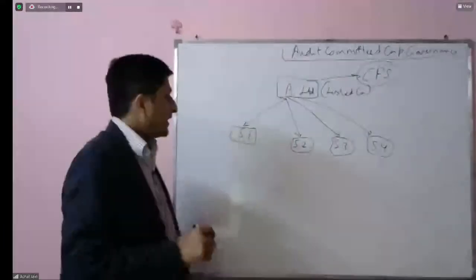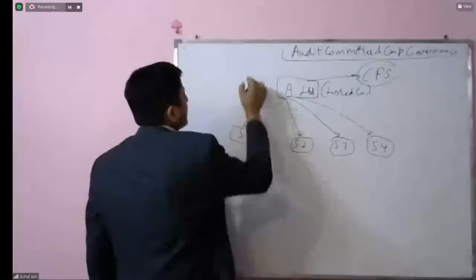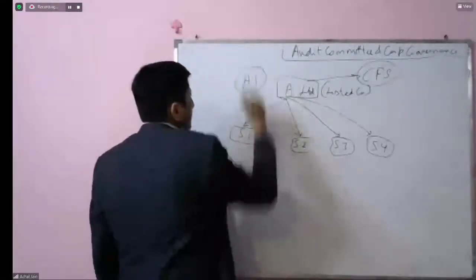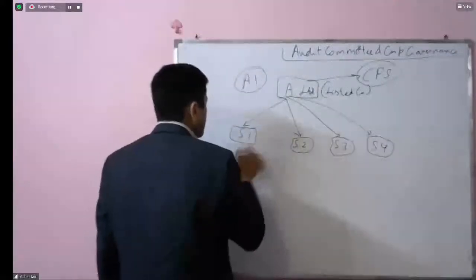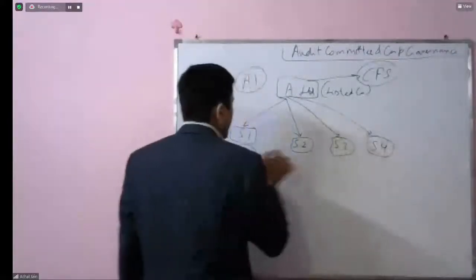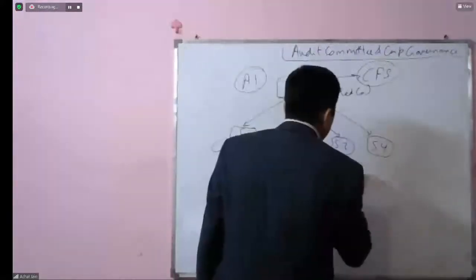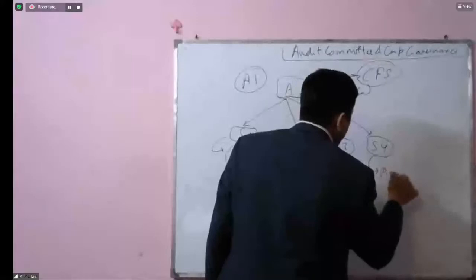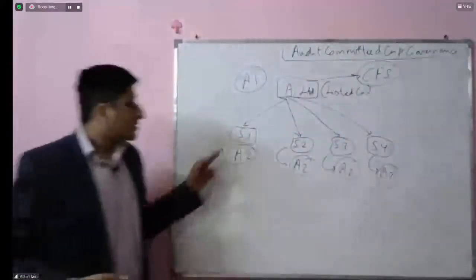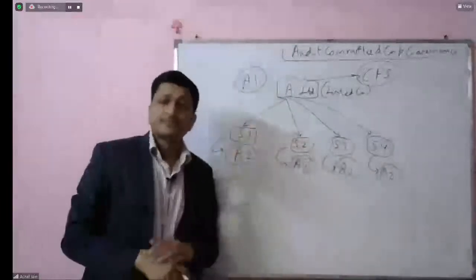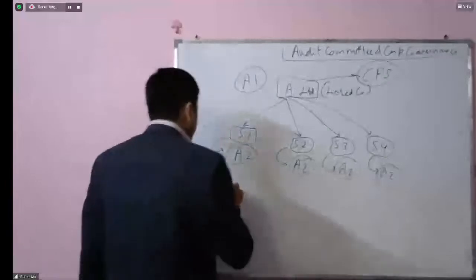So let's understand about the statutory auditor. Let's suppose the statutory auditor for A Limited is auditor 1, and the statutory auditor for all these companies is A2. It's A2 over here, A2, and this is also A2. So A2 audits all of these companies. Okay. Now the question is